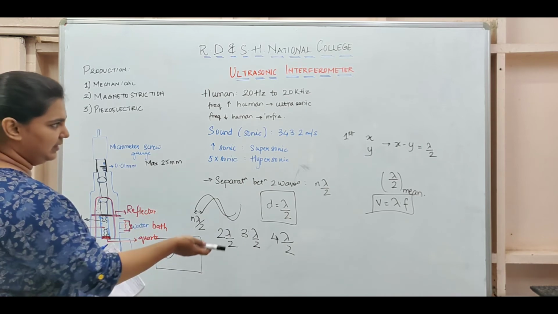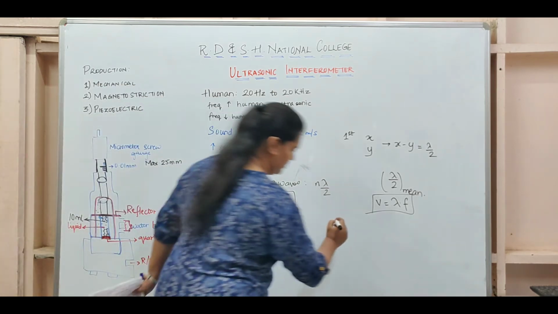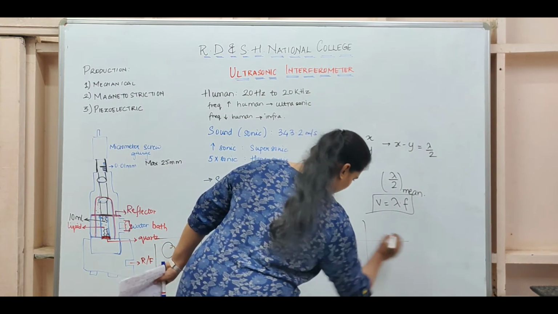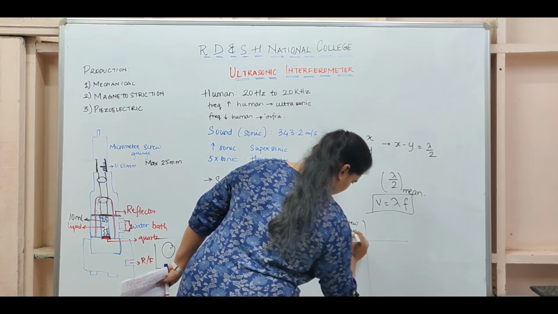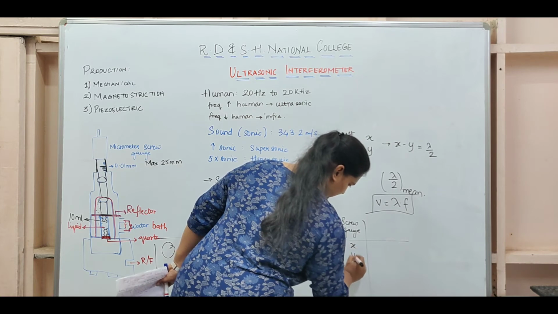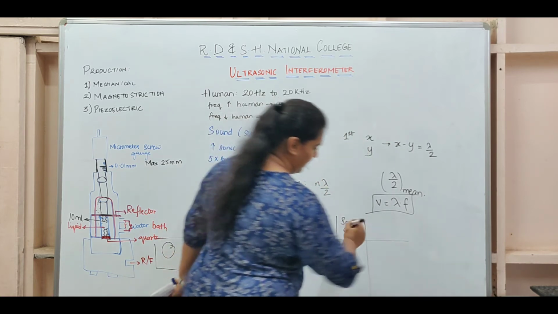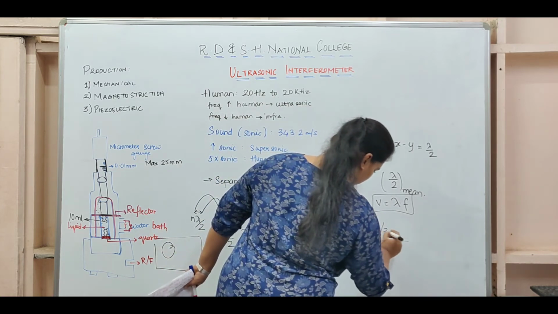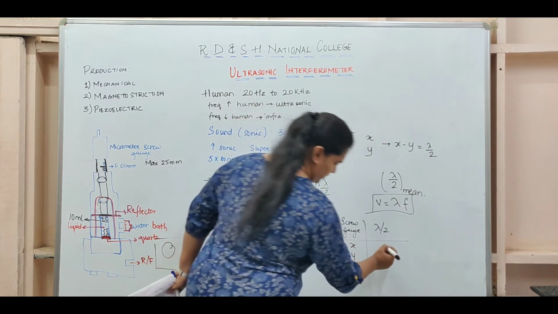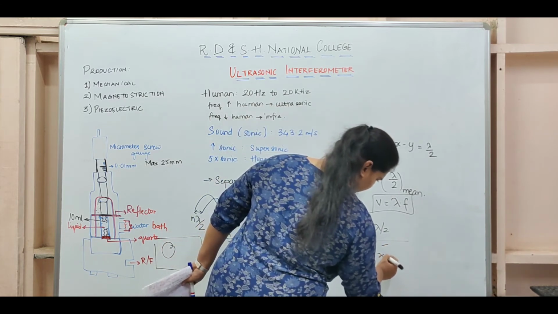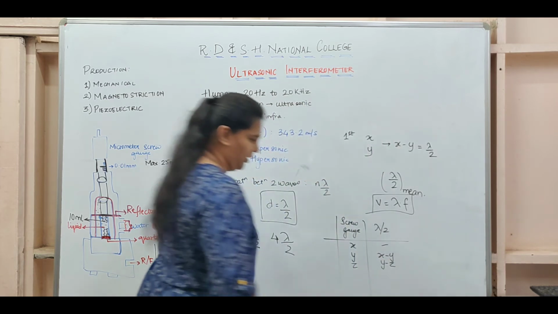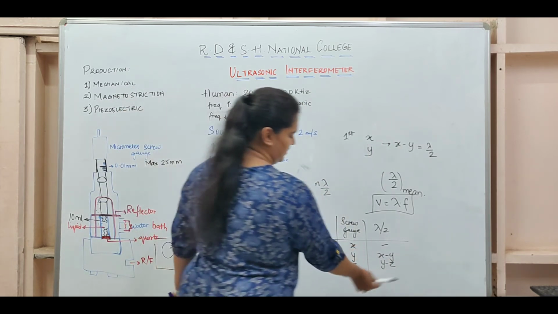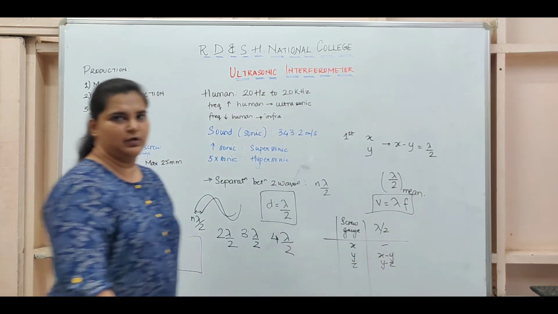What our reading table will look like is something like this. You will have your screw gauge reading. I get the first reading, the second reading, the third reading. I will calculate lambda by 2. Obviously for the first reading this will be blank. The second will be x minus y, the third will be y minus z, and so on. I will take all the means, substitute it and get the value of velocity.